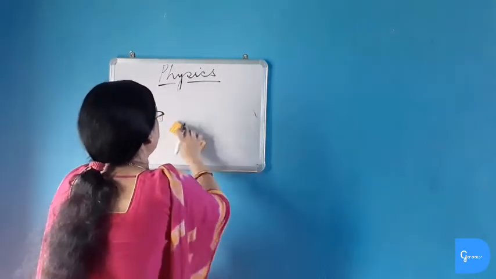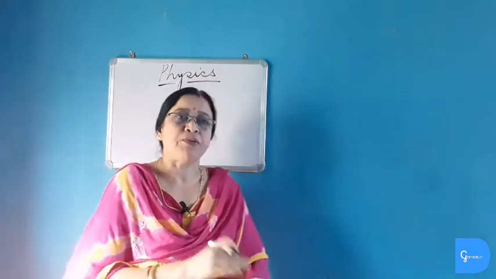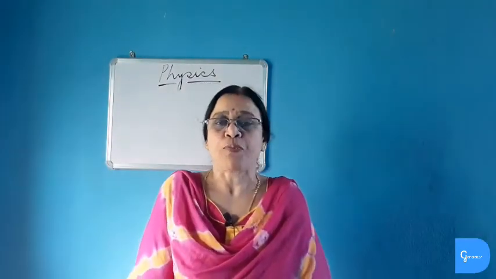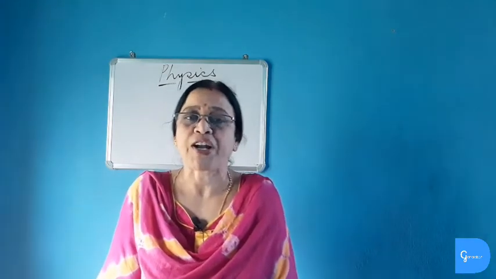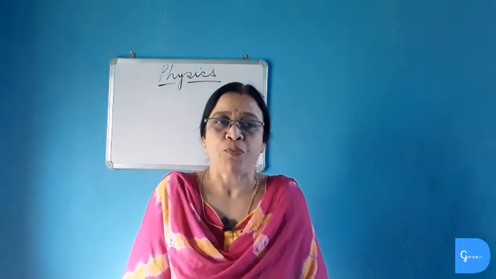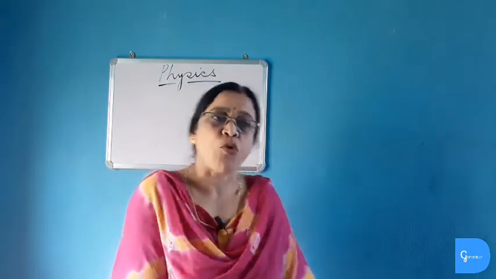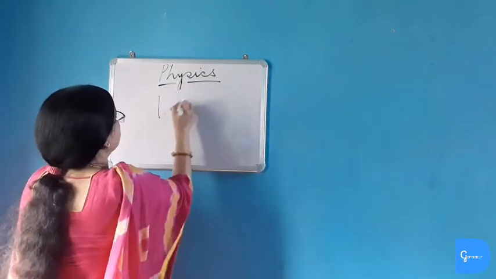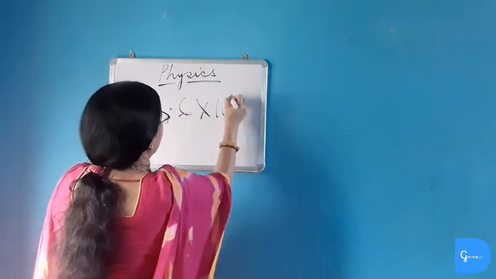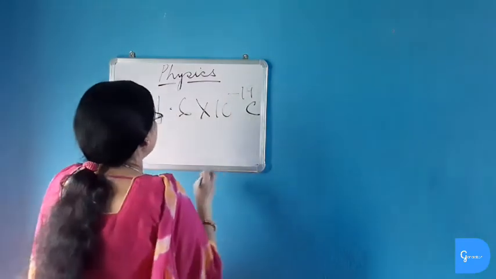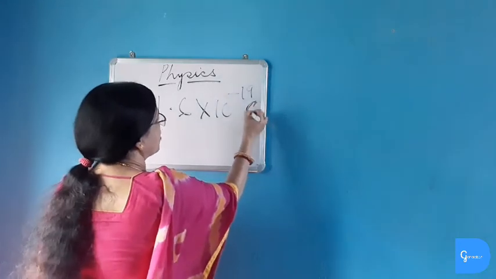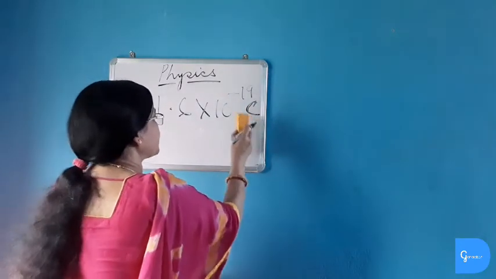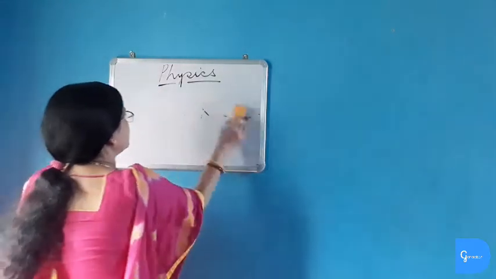We all know that an atom consists of two types of particles, protons and electrons. Protons are positively charged and electrons are negatively charged. Now, what is the value of the charge of protons and electrons? Protons and electrons both have the same value, 1.6 into 10 to the power minus 19 coulomb. So, this is a very small unit and thus the value of coulomb must be much bigger than it. What is the value of coulomb? We will find it out.